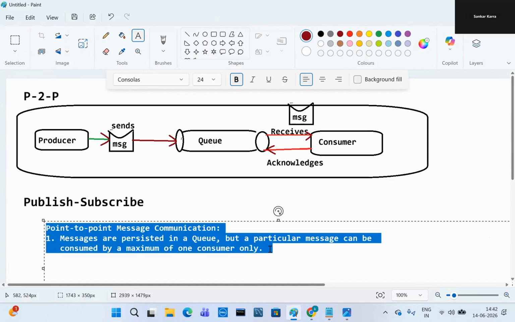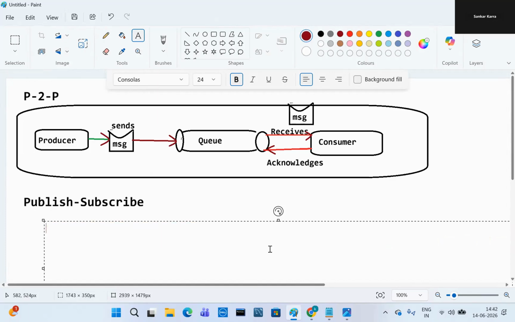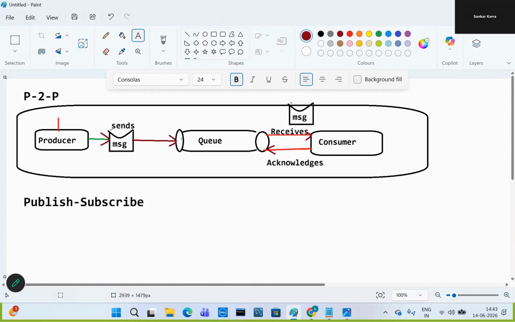Suppose I send one message, M1, it goes to the queue and is persisted there. After this, only one consumer can consume it.